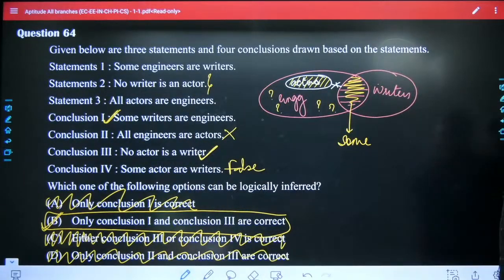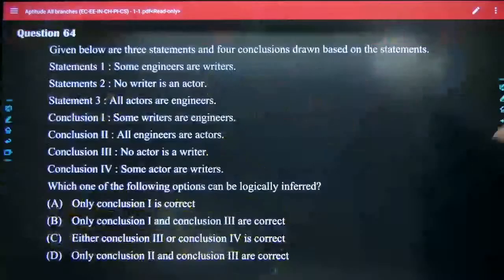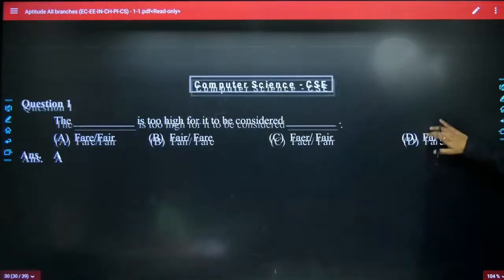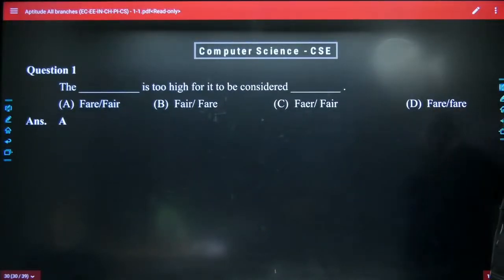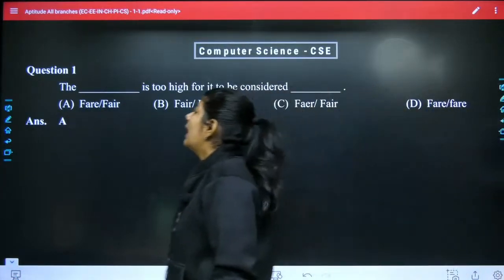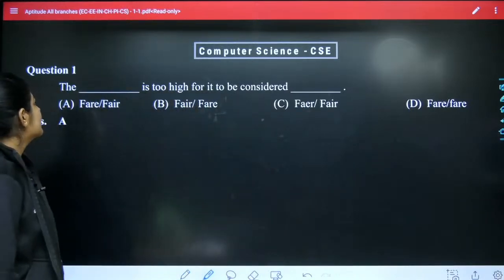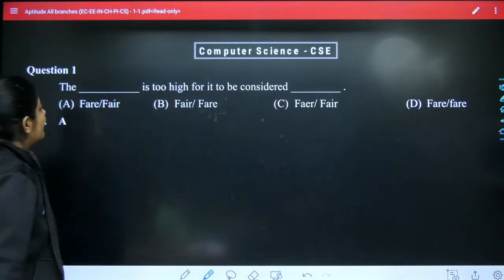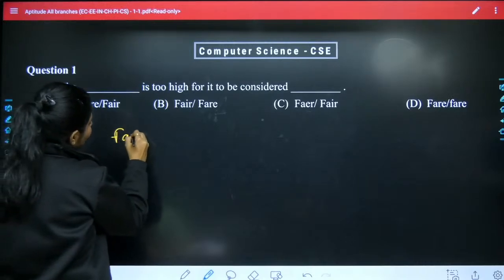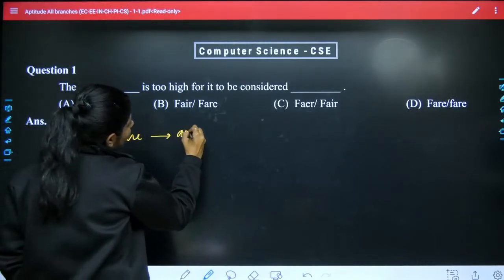Okay. Now let's move to the next question. Now we have the questions from the computer science branch. These are the last 10 questions. Here we have a sentence where the blank is too high. Here we have a word that is fair. Fair is an amount